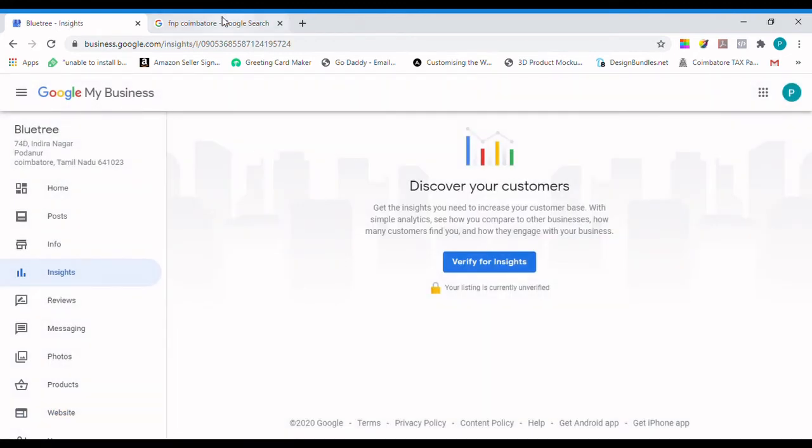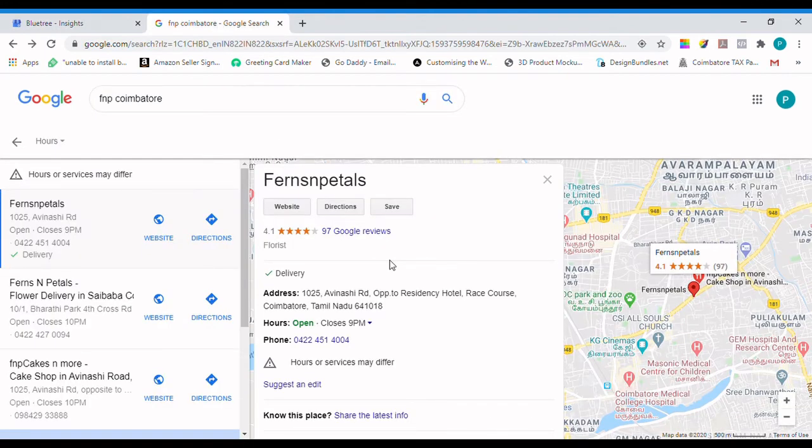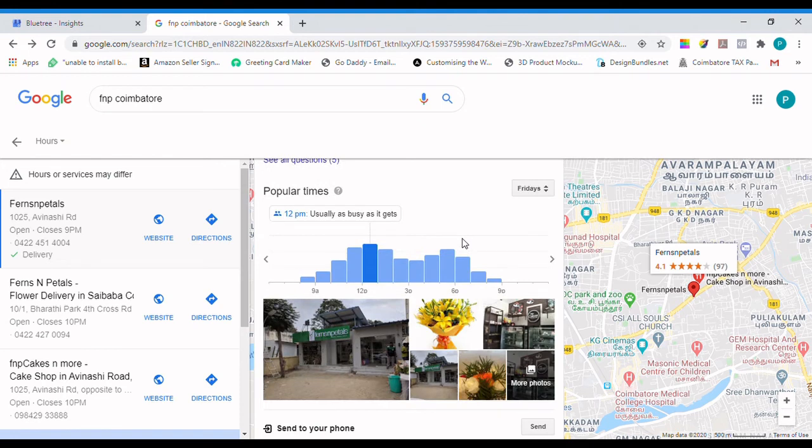Insights is the statistics report that provides information about the customers, how they visited, whether they visited your company details from Google search or Google Maps, and what actions they took. Did they try to contact you by clicking on make a call, or did they click on your website link? All this information.